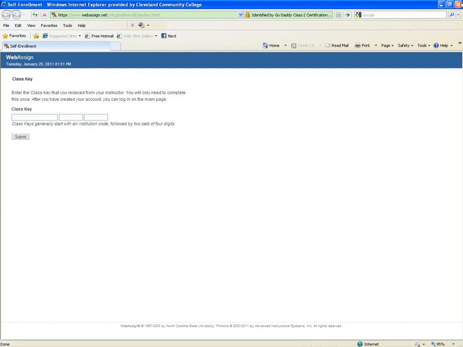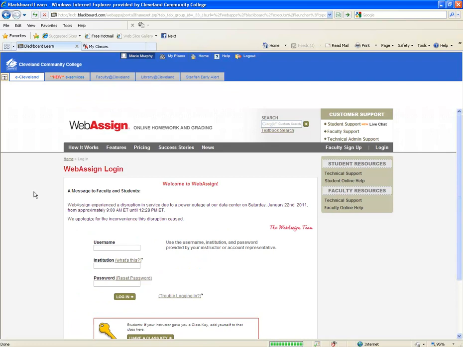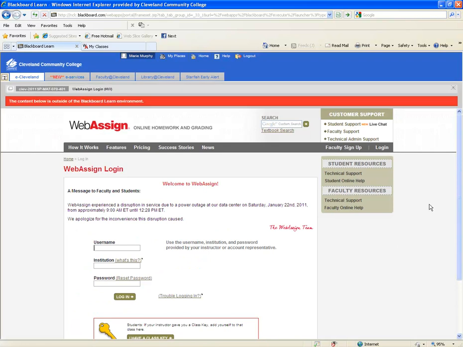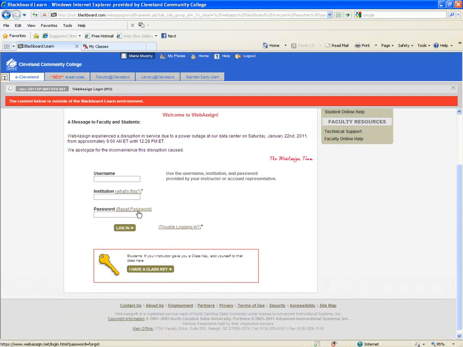Now, there is a second way to get to this page, so let me stop for just a moment. If you're here, you can stop and just wait a second. I'm going to show other people who may have tried to get in from a different way what they could have seen first. If you went straight to the WebAssign login page, you may have used your code book to get there, or you may have used this button right here that says WebAssign login. Either one is fine. But if you started off on this page here, WebAssign, you would see something either like this,